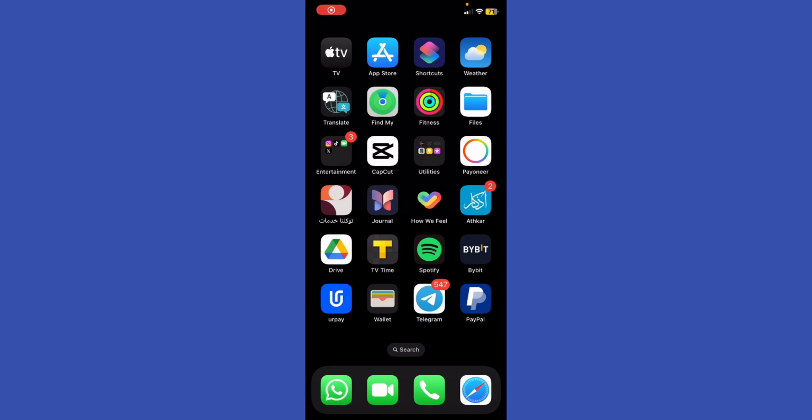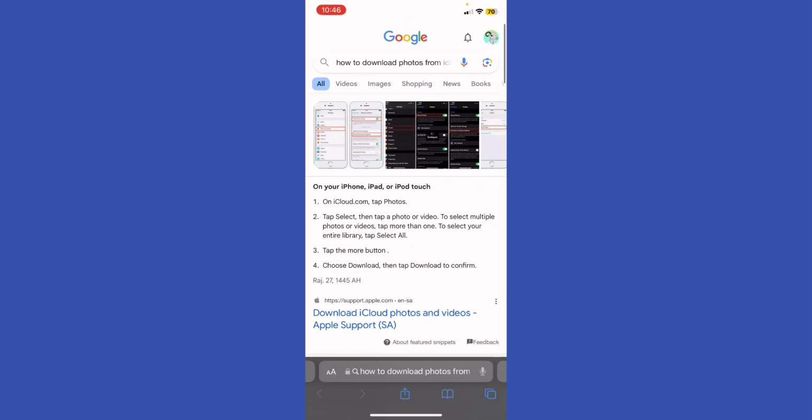My name is Adam. Today I'm going to show you how to download photos from iCloud on iPhone. So make sure that your iOS and your iCloud is turned on. Now what I'm going to do, I'm going to just go ahead and open up my browser. And basically what I'm going to do, on the iCloud.com,